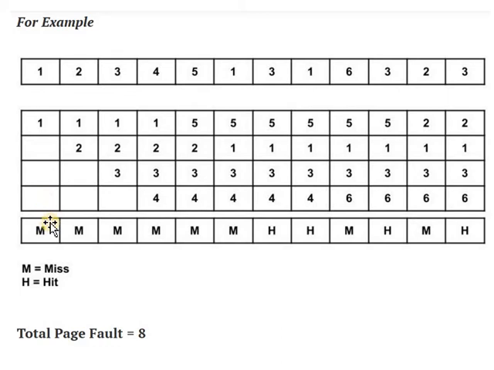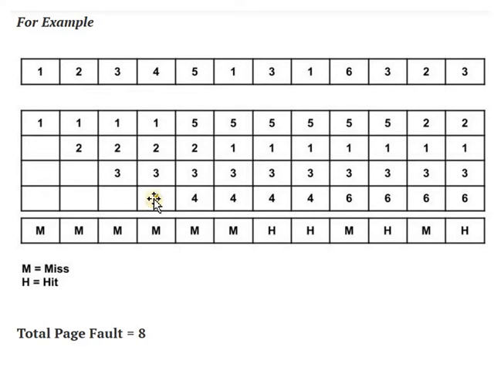So, whenever 1, 2, 3 and 4 come, they are allocated to the empty slots in the order of their arrival. So, this is a page fault. 1, 2, 3 and 4 are not available in memory. So, here a page fault or miss will occur. Okay. Initially 4 slots are empty, so according to their arrival, the pages are loaded into a frame.